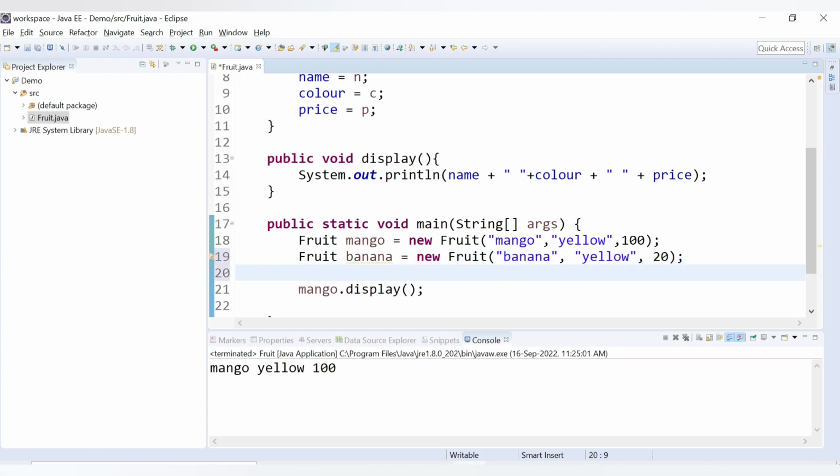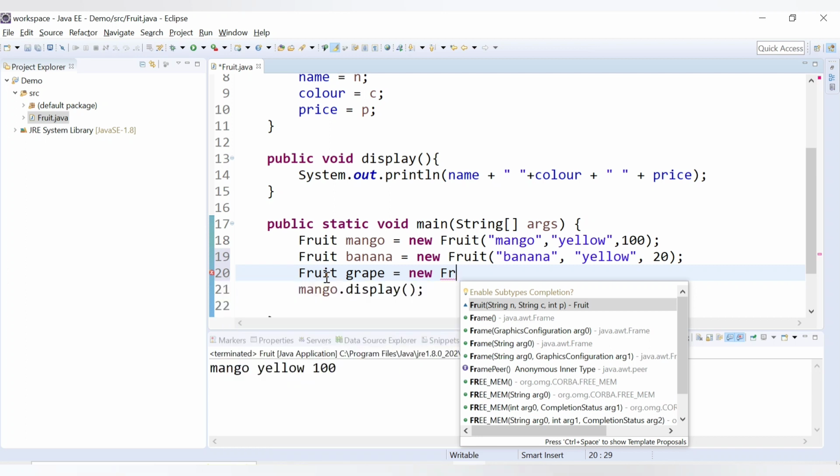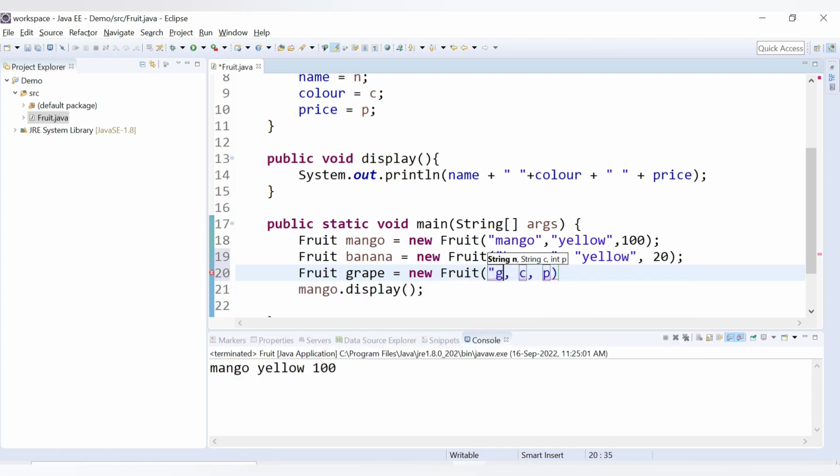Let's create one more object here, fruit, let's say grape, equal to new fruit. We need to pass the three values: name is grapes, color is black, and price is 80. Let's save this code,